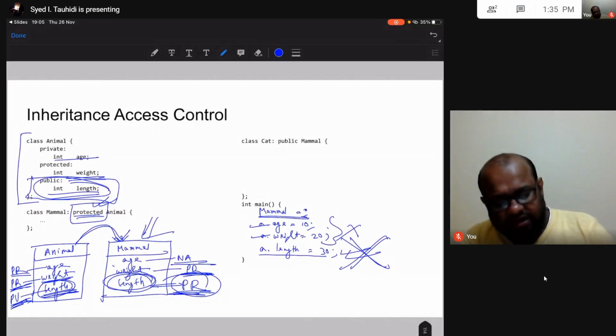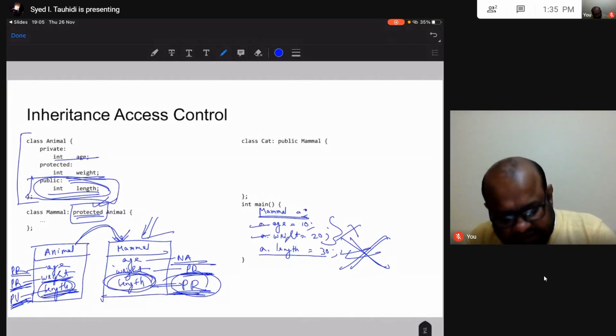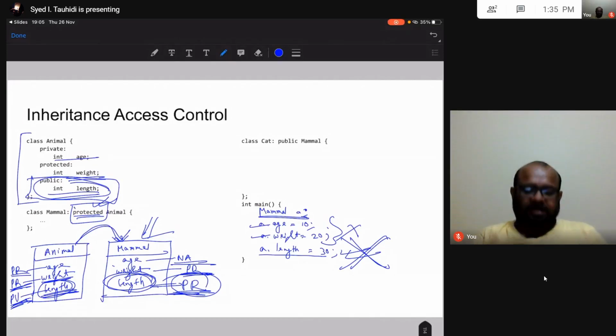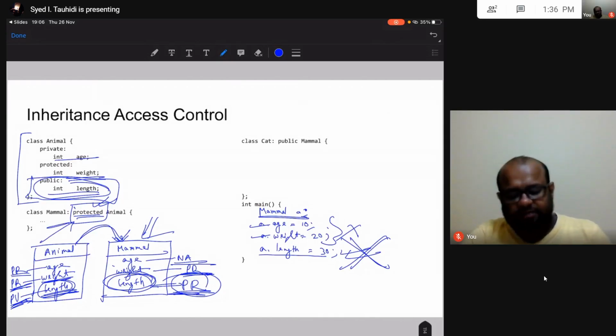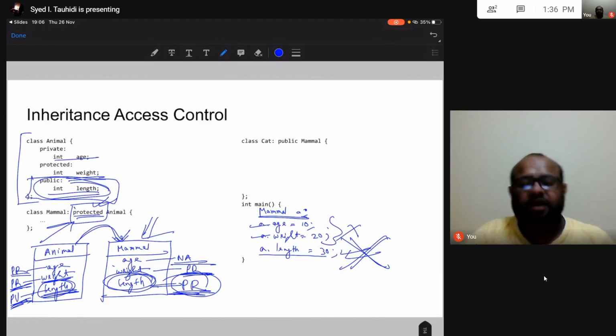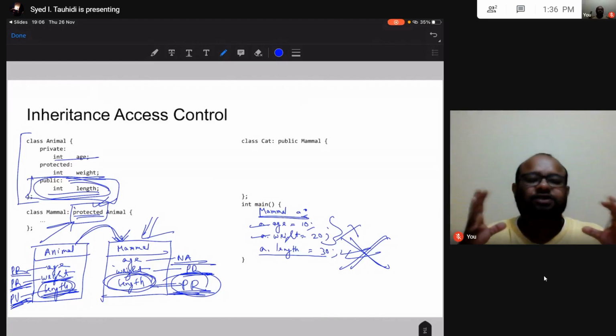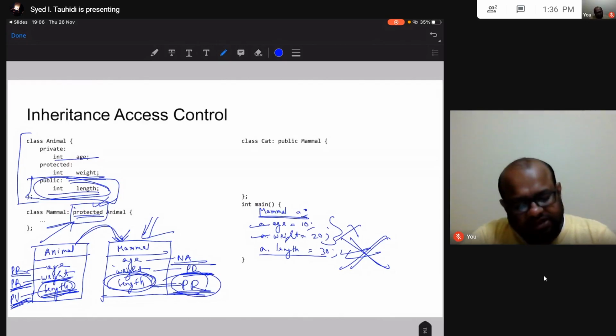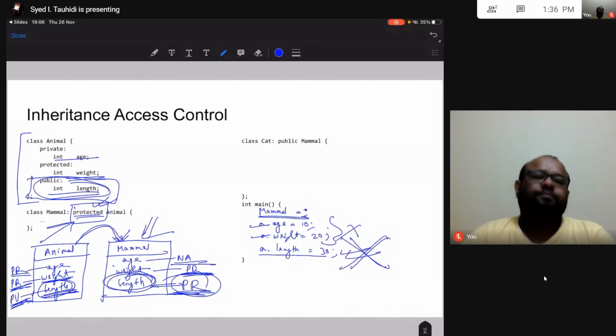Before, when I had written public instead of protected here, a class mammal, public inheritance animal, when I inherited using public inheritance, I was able to access a dot length.